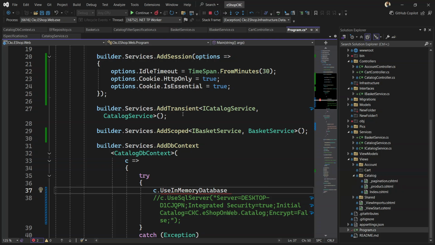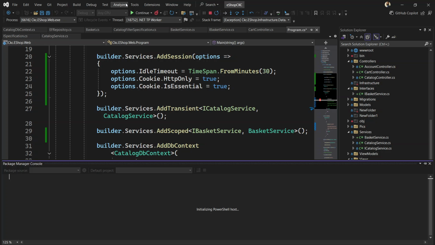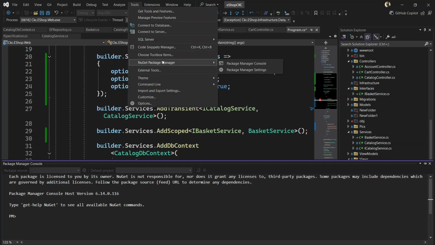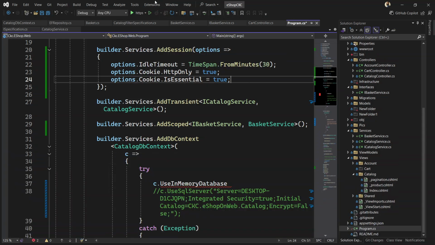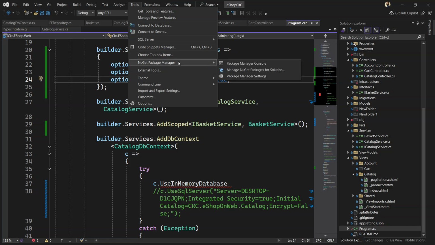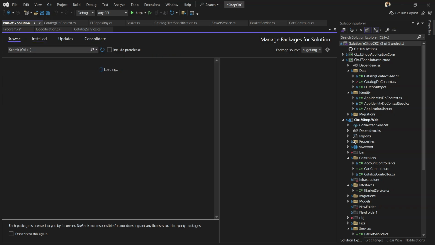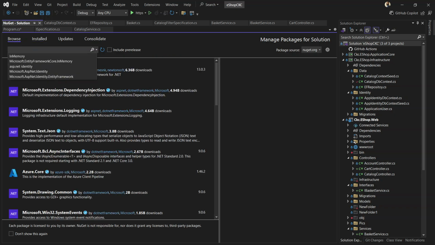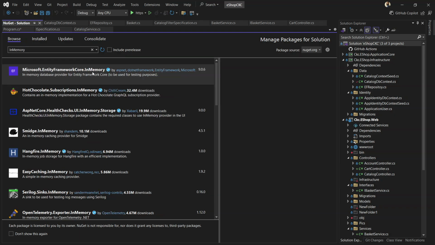Okay, the reason I'm not able to get it is because the specific NuGet package is not installed. So let me just try to figure that out. NuGet package manager. Okay, let me just stop that. Go to the NuGet package manager and within the console, if you try to find in memory, let me just search in memory, and you'll get to have